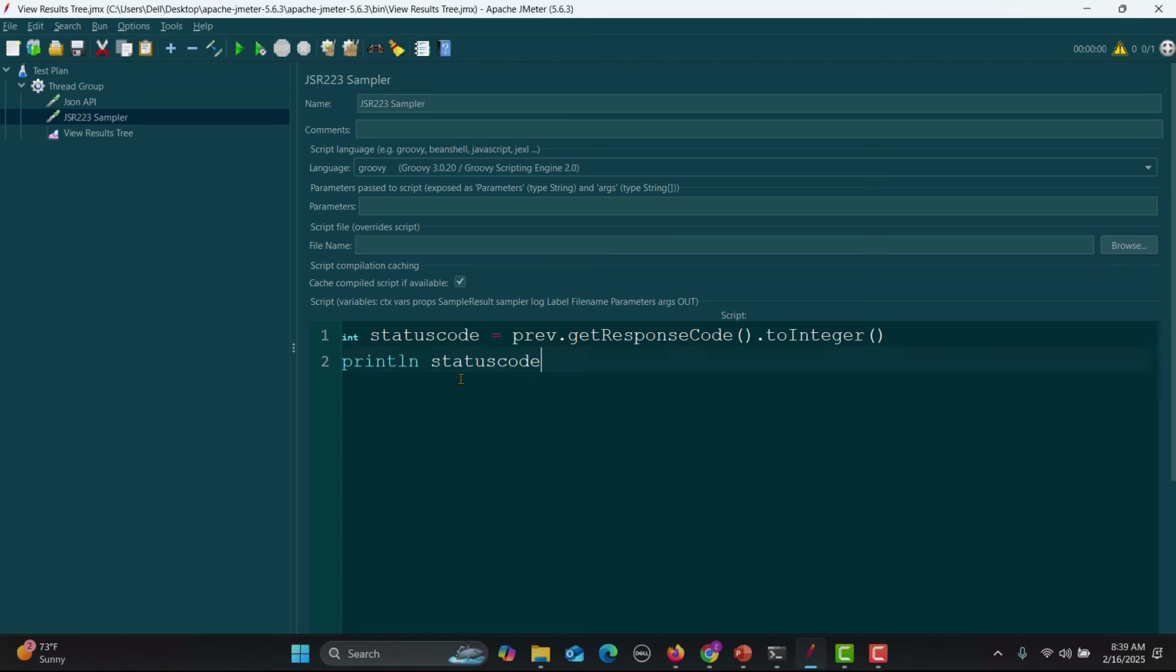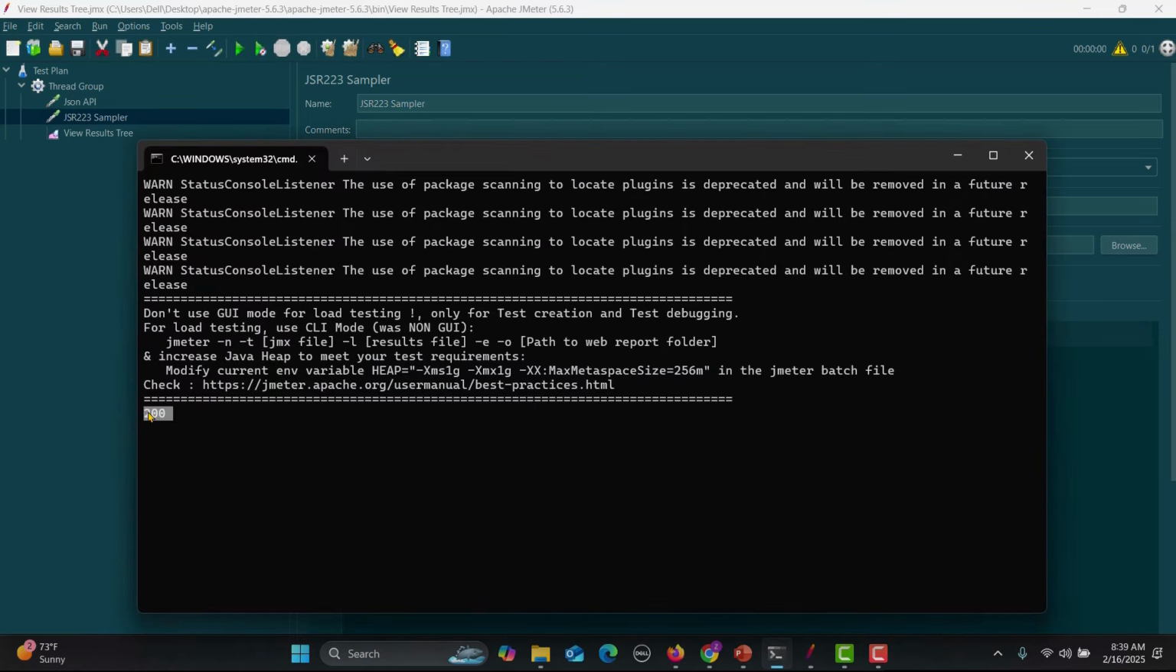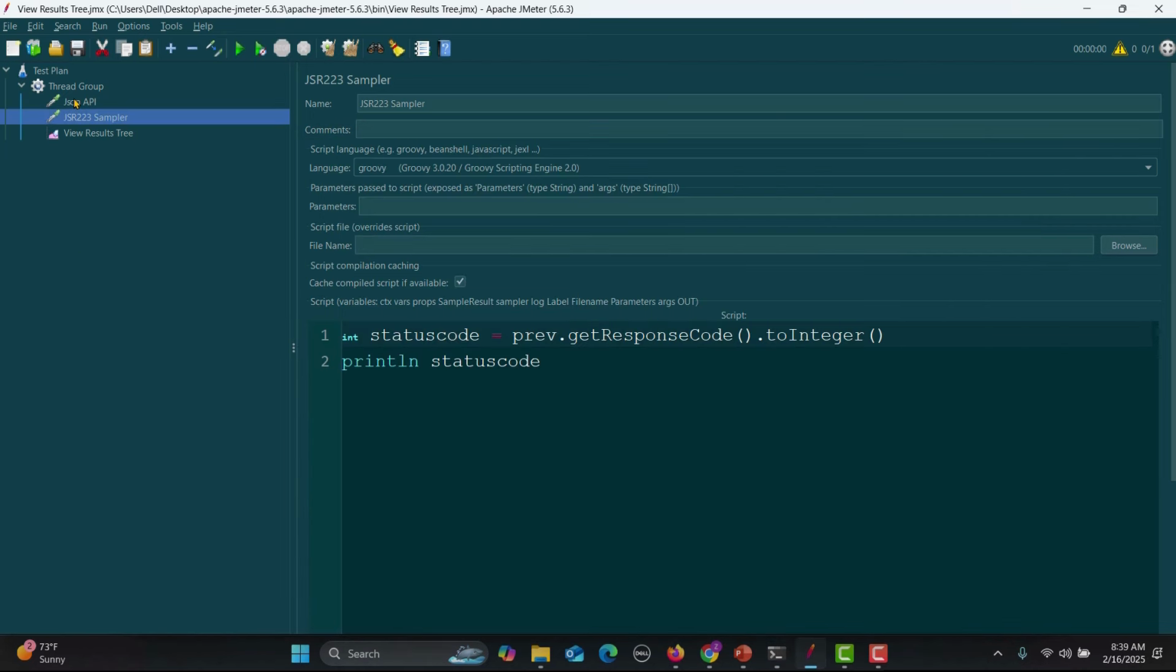Okay, so now let's run this one, and if I go back here, you see that we got the status code 200, and this 200 is basically coming from this API. This API is giving us this one, right? Now what I will do is that I will be fetching the complete body. Okay, so for that I will say String responseBody